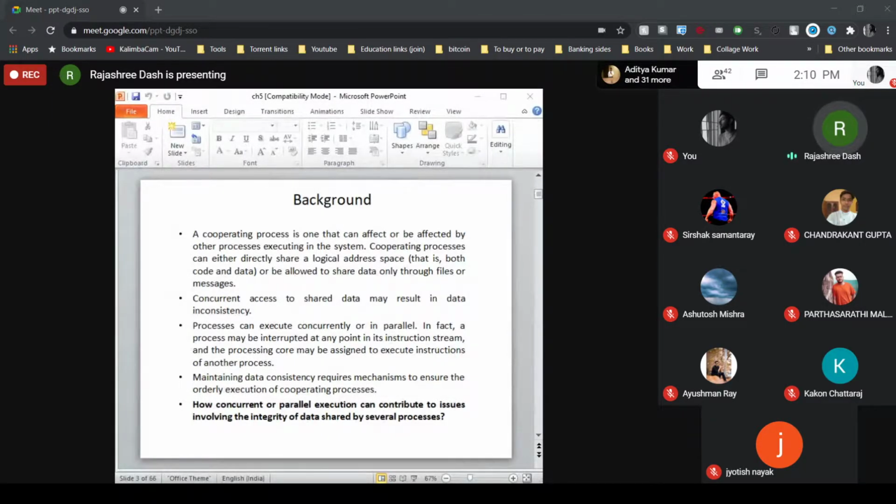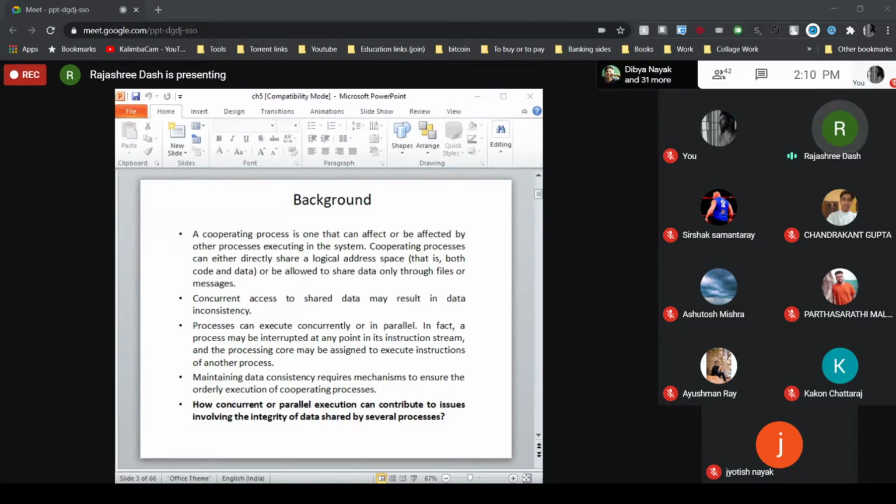If you check in the reverse way, P2 first updates it to 4, and then when P1 updates it, the value is 5. But if both execute simultaneously and try to update the value, P1 is updating it from 5 to 6 and P2 is updating it from 5 to 4. Now, which value will persist in the shared data, 6 or 4? That is data inconsistency.